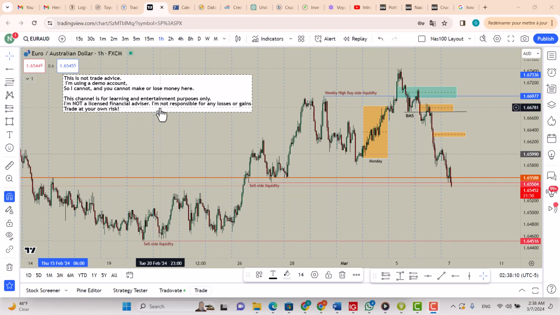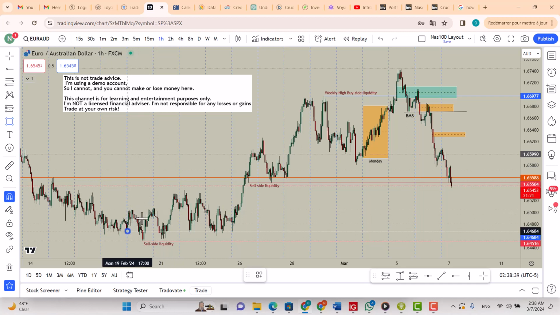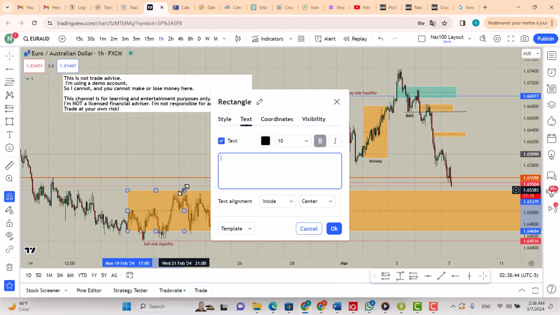Now, with that out of the way, let's get to business. As the week started here, this is Monday and Tuesday, and of course yesterday was Wednesday, and this is today's trading as it unfolds. So the previous week we had this price action here, which was a consolidation at the beginning. So the last few days of the week were a consolidation,